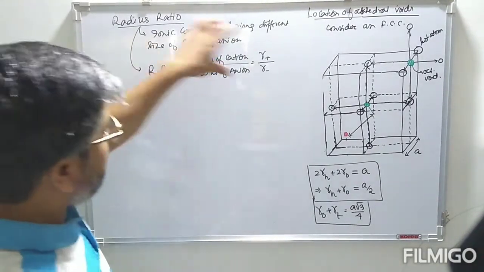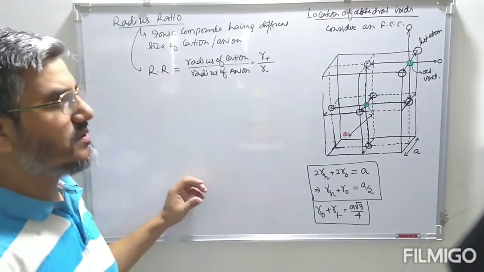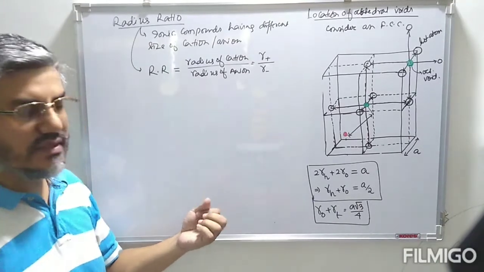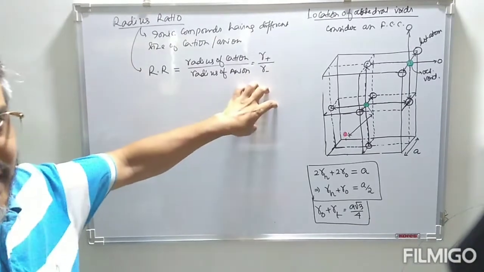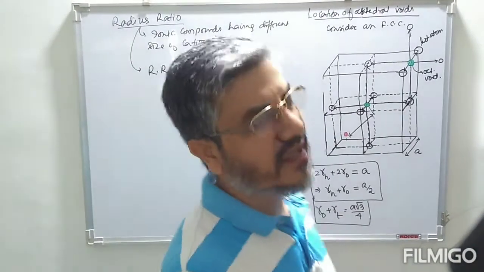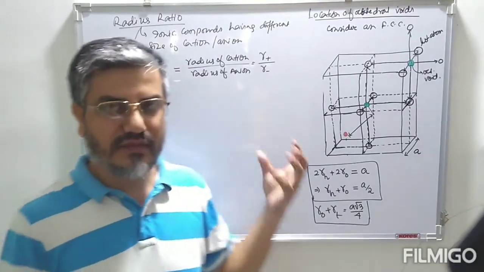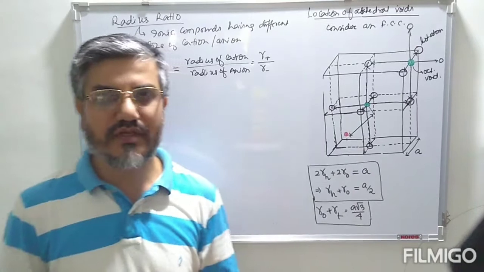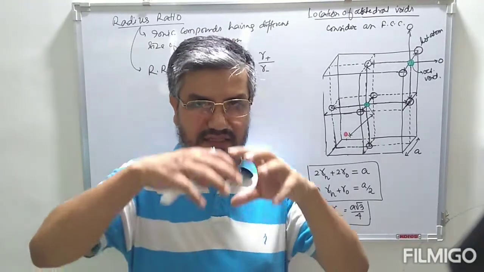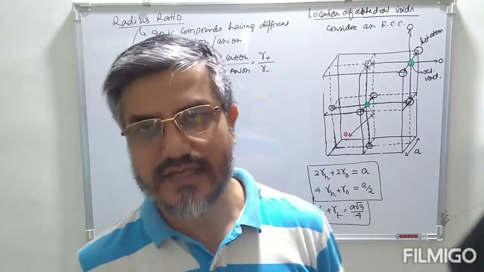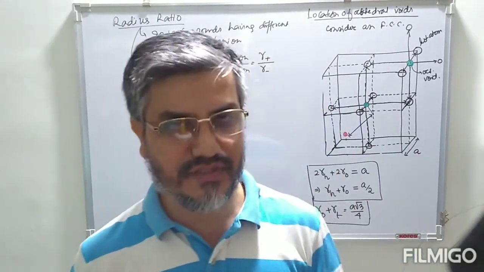So this radius ratio will define what the coordination number is and how efficiently the crystal can be packed. Now look at this. Normally the size of the anion is greater than the size of the cation. If the anion is larger, in the majority of cases the anions will form the close packed structure, and